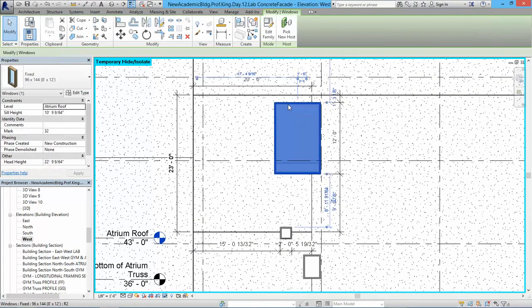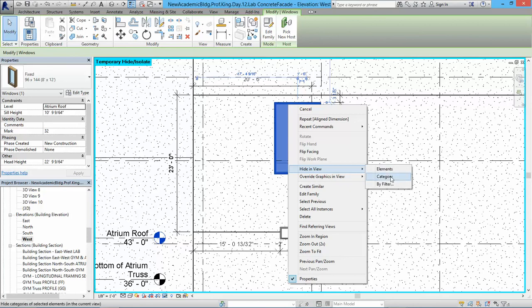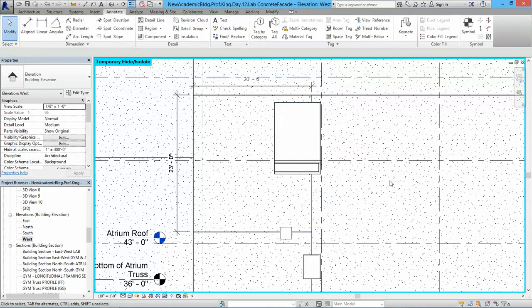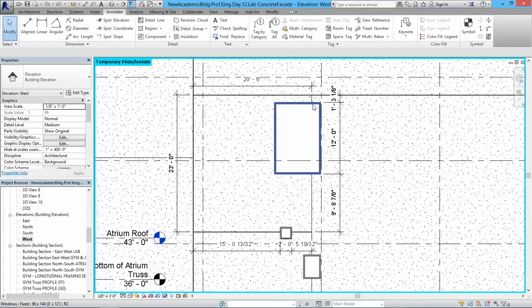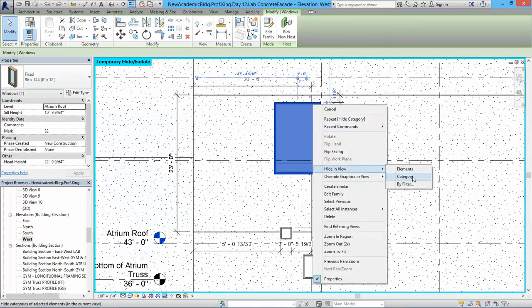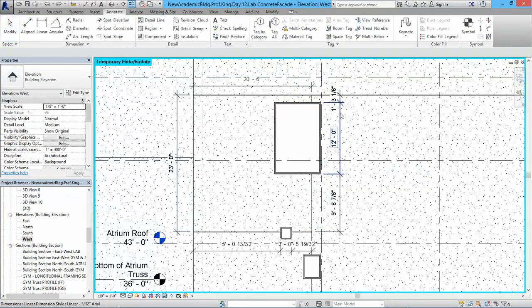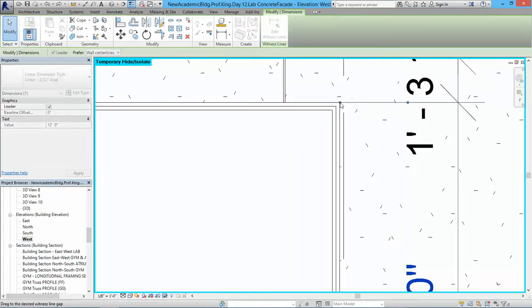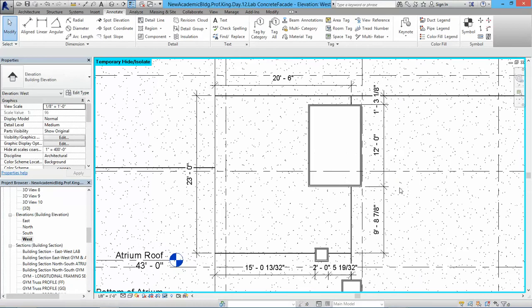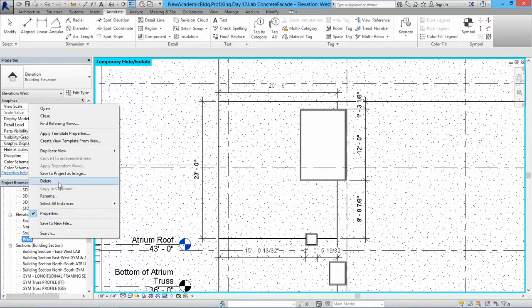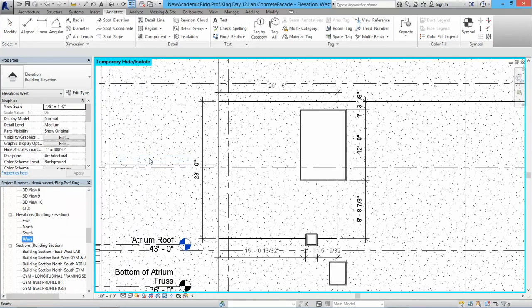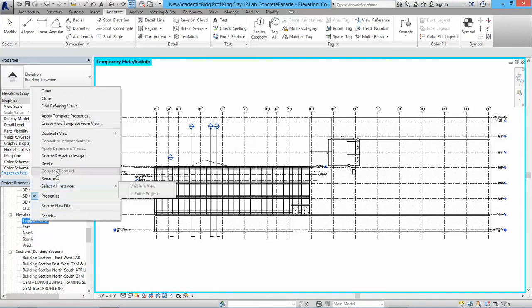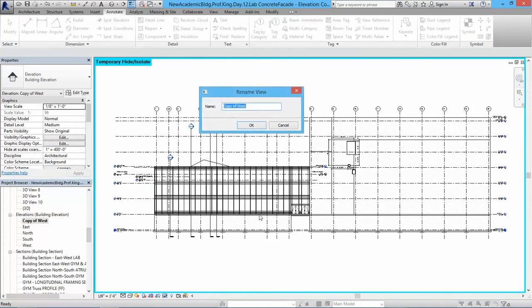You probably want to hide in those sheets the categories of the windows, so you only have the openings. Let me see why. Hide elements. Those are associated to the windows, so that's why they're turning off. So you probably need to just associate them differently. But anyway, I think at this point, what I will do is start duplicating with detailing and renaming a different section and calling it something like concrete, precast concrete